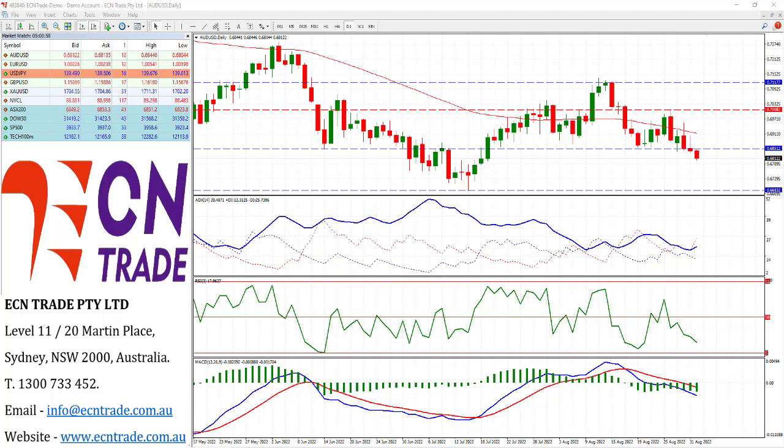Further eyes look to tomorrow afternoon in the New York session for the August US non-farm payrolls, which will take center stage, with this month's data likely to come in roughly around 295,000 for the forecast for August, with July seen at 528,000. Looking at the technical aspect though, we are somewhat negative and therefore could see further downside play, especially